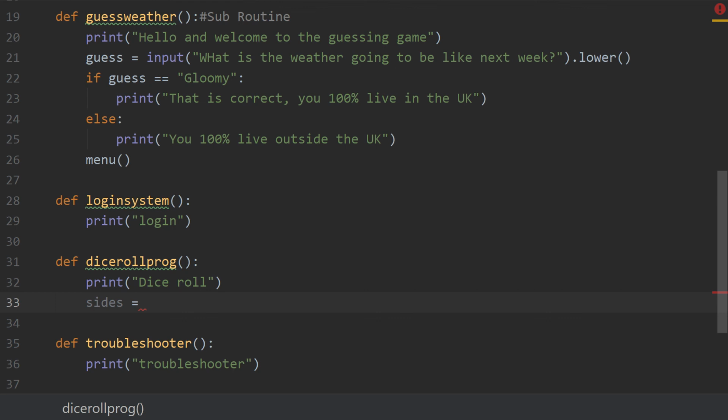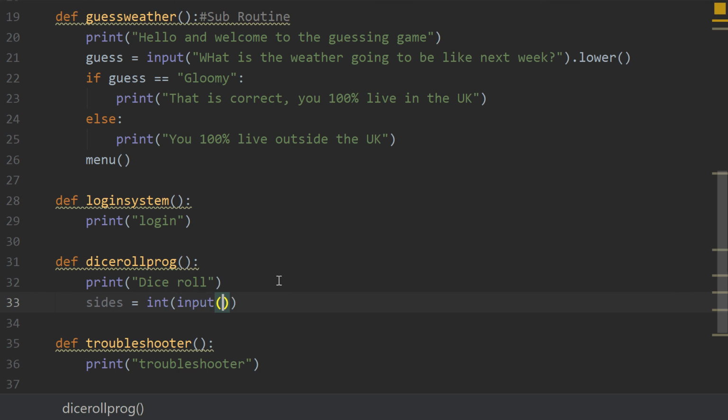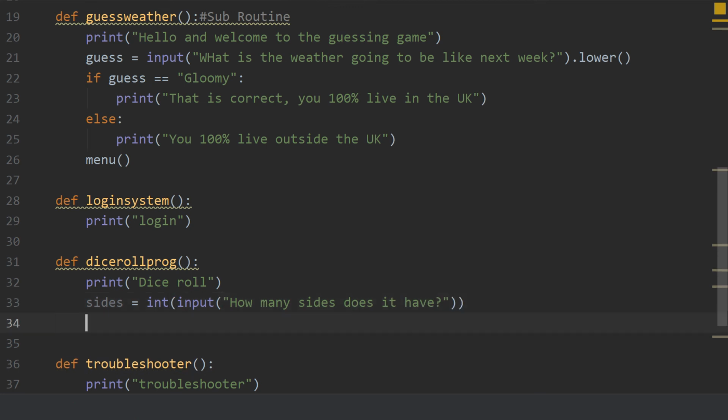That's what I'm doing now. Yeah. So we've got int and then input. Okay. So again, inside of here, I'm going to just put in a question. How many sides does it have? Okay. Then we have got